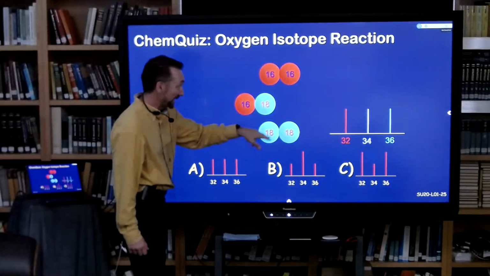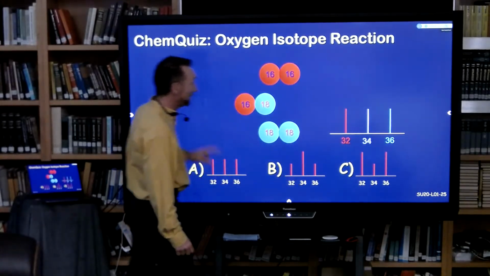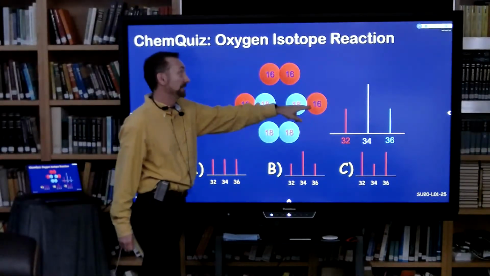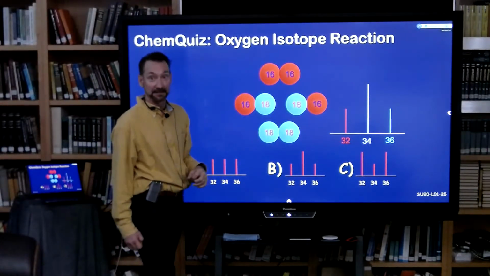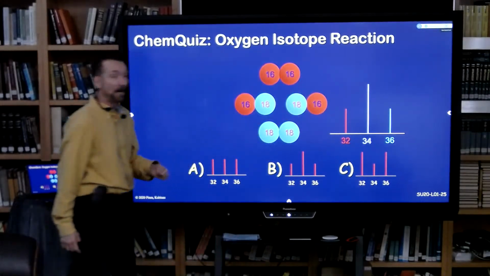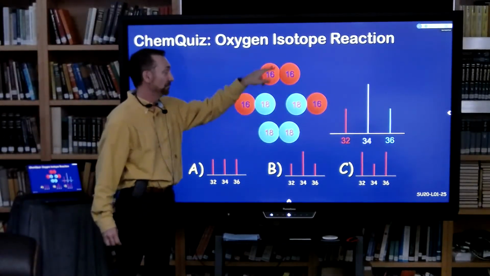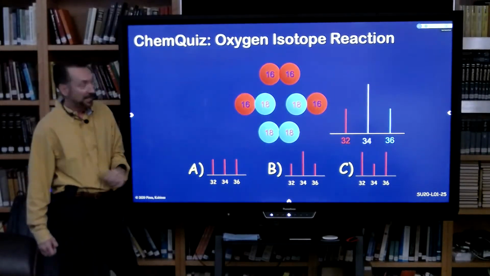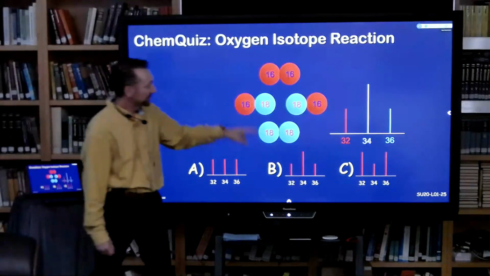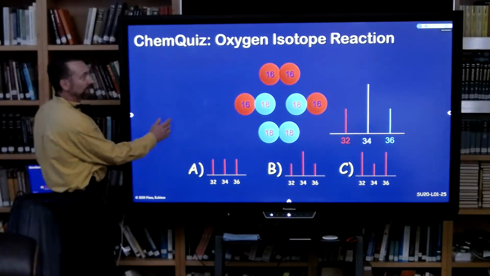Oxygen 18s are also colliding, and they can collide with an oxygen 18, and that would make a 36 mass, but the oxygen 18s can also knock into oxygen 16s. So this combination is more likely. You get twice as many of those kind of collisions as you do those kind of collisions, and that leads to twice as many of the particles that have mass 34, an oxygen 16 and an oxygen 18. Great.